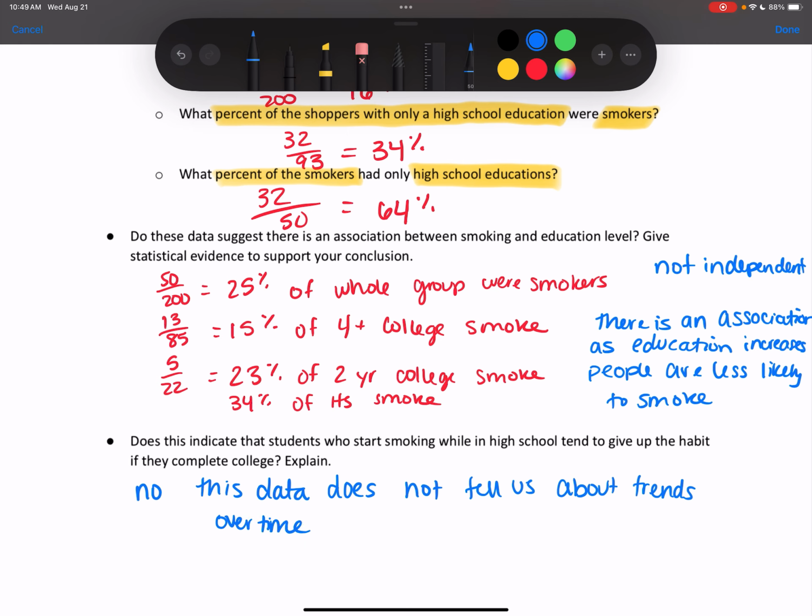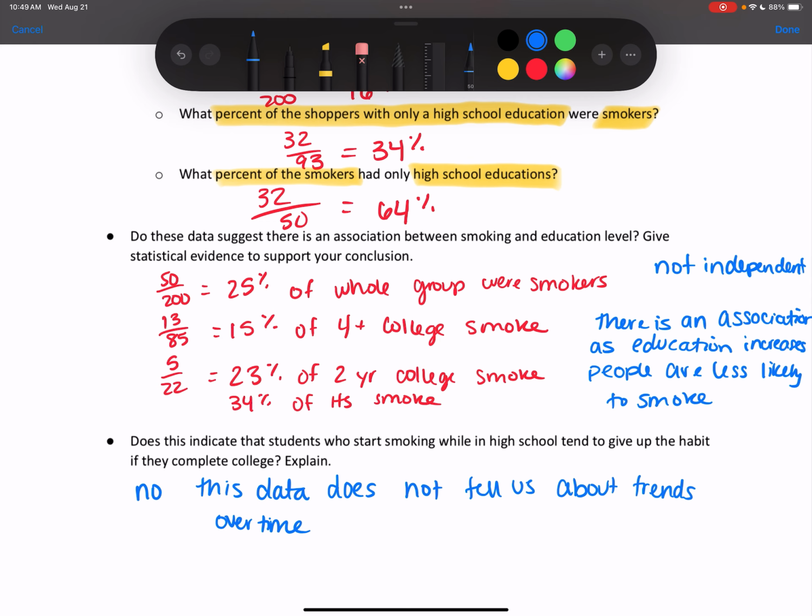And what he said is the phrase that you'll hear a lot in a couple chapters. You'll start hearing it pretty much for the entire rest of the year. Correlation does not equal causation. Basically, just because something is related doesn't mean that it's a cause and effect relationship, essentially.